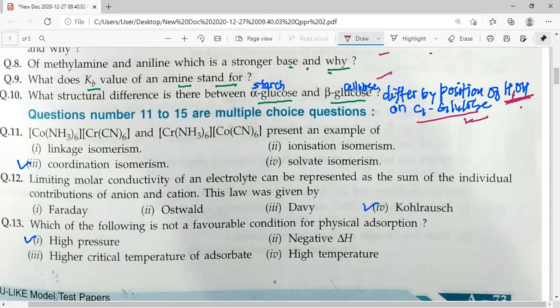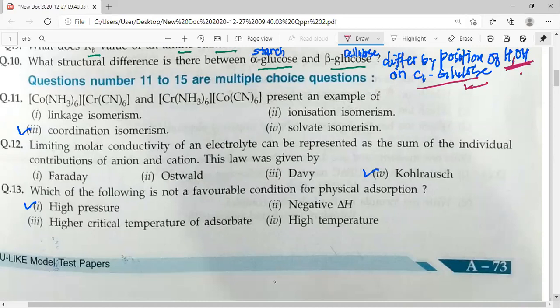Questions number 11 to 15 are multiple choice questions. Let me read the first question for you. [Co(NH3)6][Cr(CN)6] and [Cr(NH3)6][Co(CN)6] are examples of what kind of isomerism? Is it linkage isomerism? It is coordination isomerism, ionization